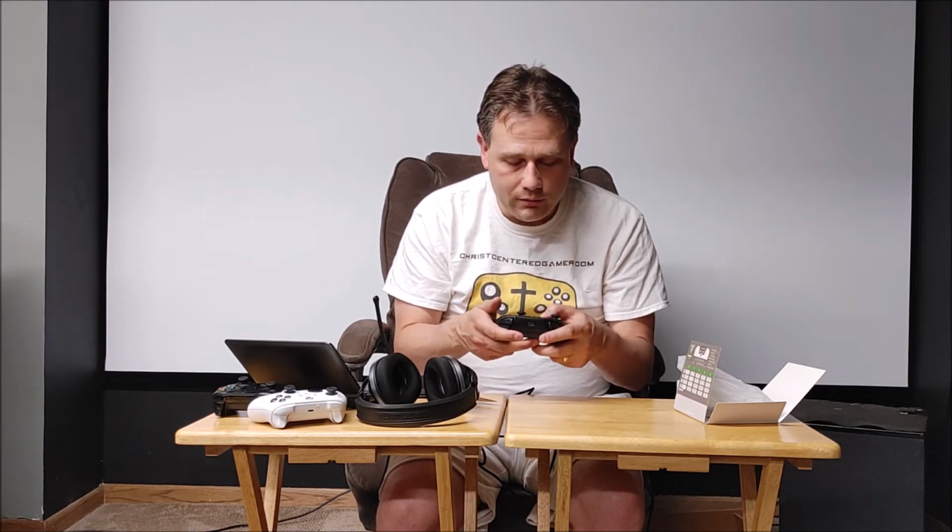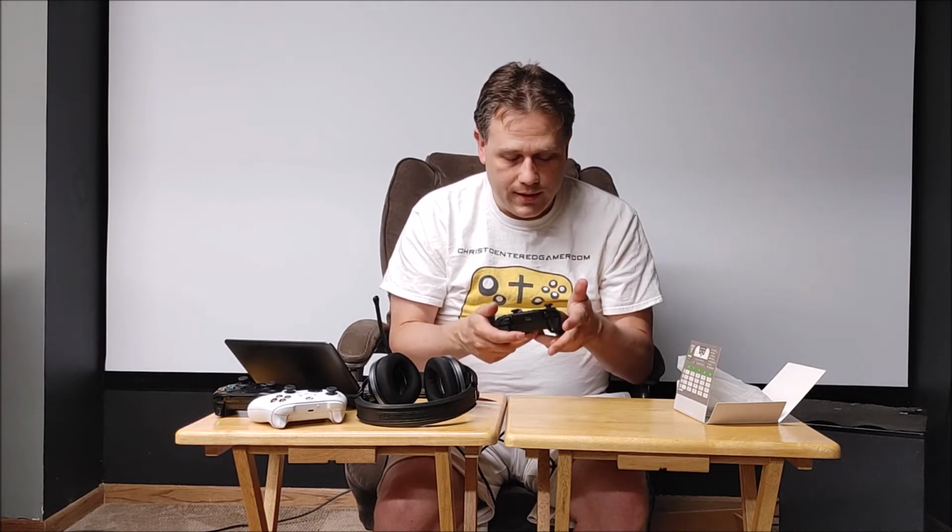This D-pad I'm not sure about. We're going to have to spend a little more time with it to see how well it works. I'll have to play a fighting game and see how well that works. But these buttons are nice. Sticks feel good. And I happen to be reviewing an action game right now, so I should be able to